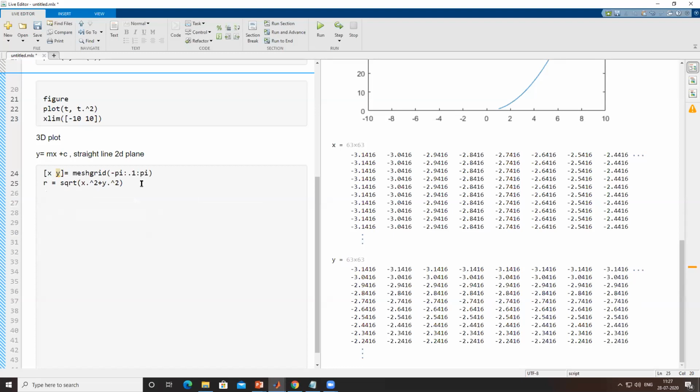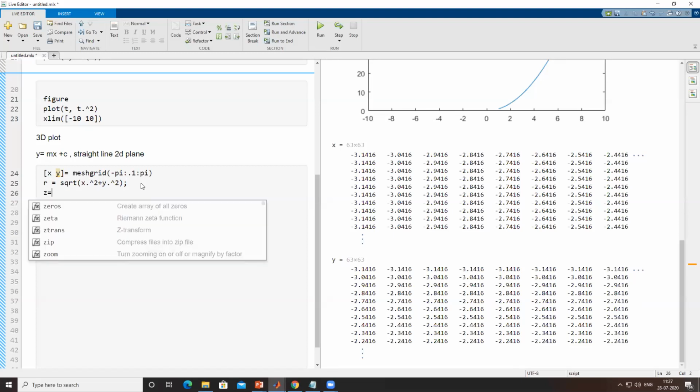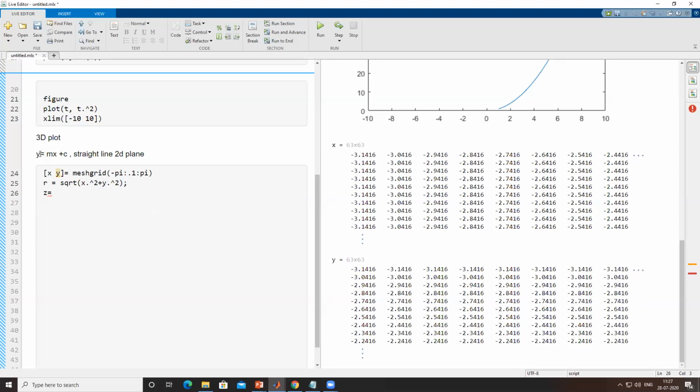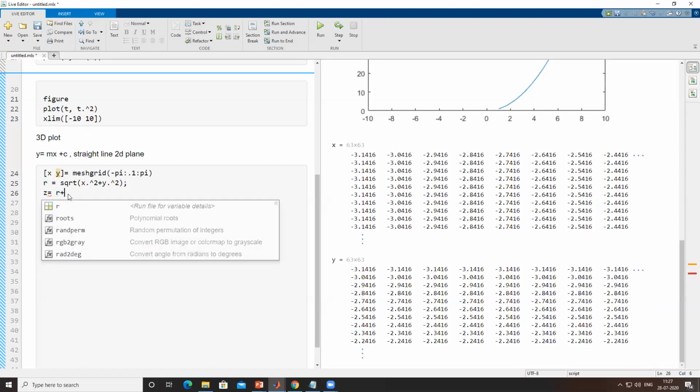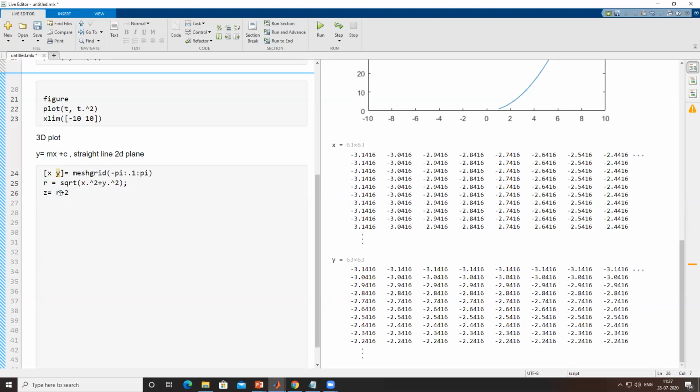Now I want to calculate z. Whatever equation I have written here, I will use the same: in place of y I use z, and instead of x I use r. So it will be r plus 2, where 2 is a scalar and the coefficient is 1, so it will be a 45-degree slope.